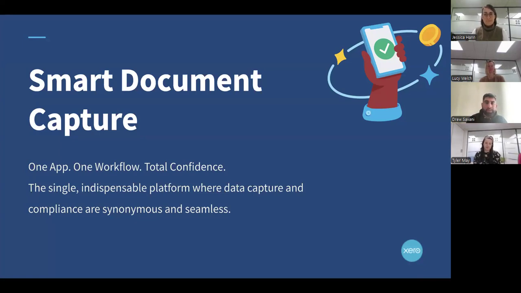You can simply open up the Xero app, take a picture on your phone, that will automatically upload into Xero, and Xero would automatically start to extract the information by using AI and OCR technology.